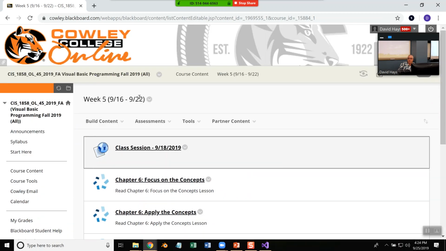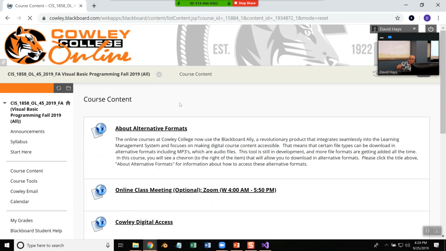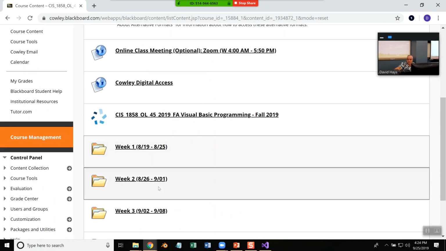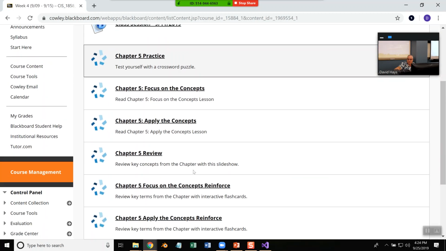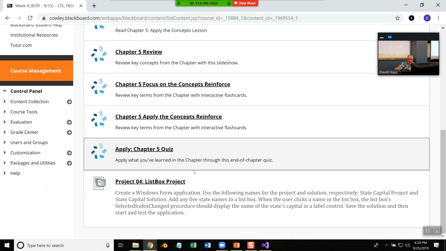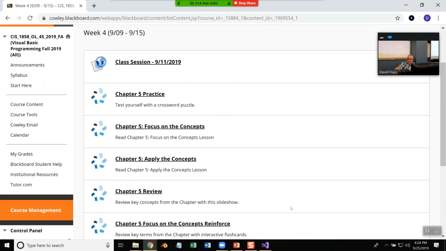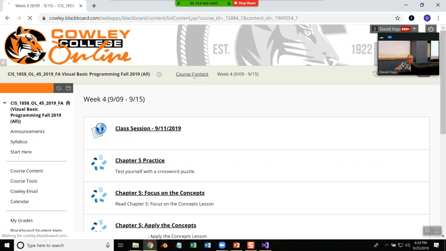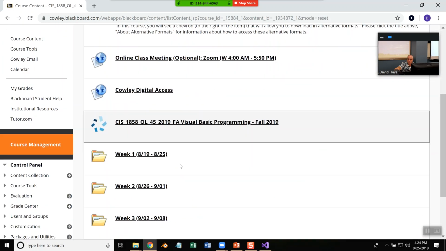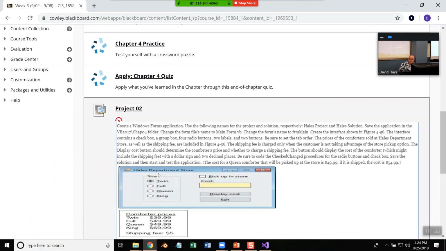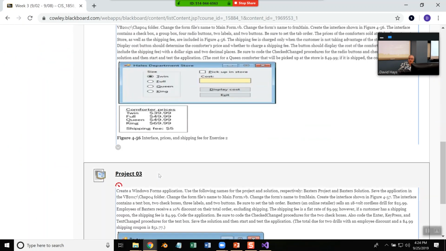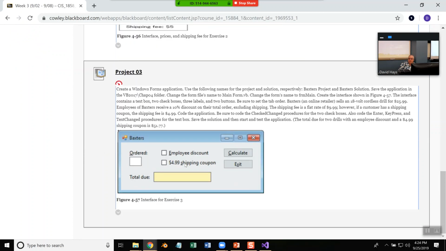Not that one, it's the week before. No, not that one. Maybe the week before that. Okay, this one. Create a Windows application. Use the following names for the project and solution. Baxter, see. Okay, so the